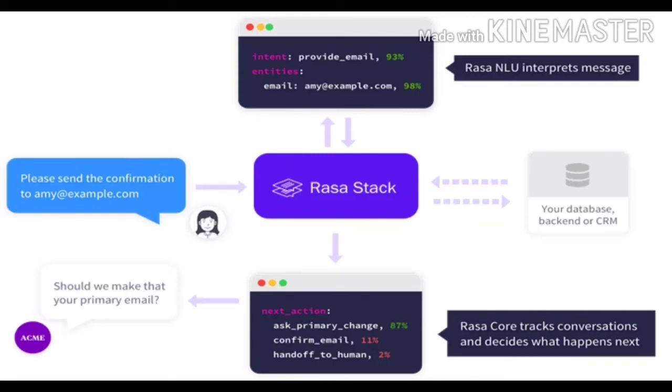Like in the example above, the bot got the intent of booking a table and entities like place and time, but there is still an entity missing: the number of people, and that would decide the next action from the bot. And actions are basically the operations performed by the bot, either asking for more details to get all the entities, or integrating with some APIs, or querying the database to get or save some important information.